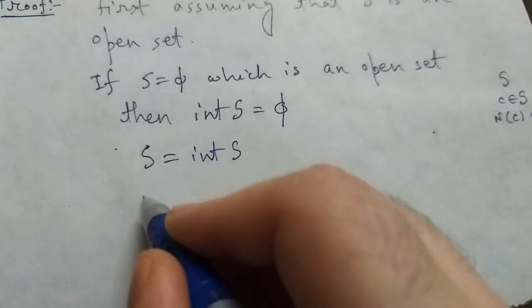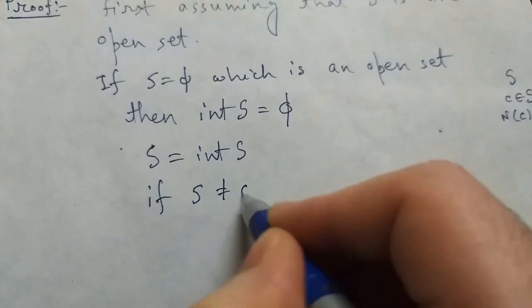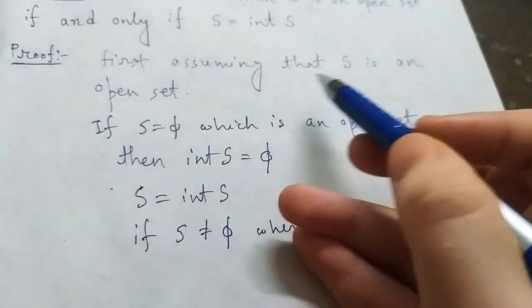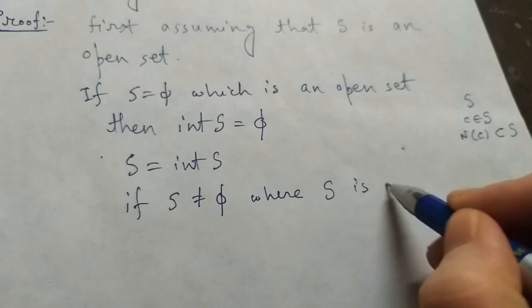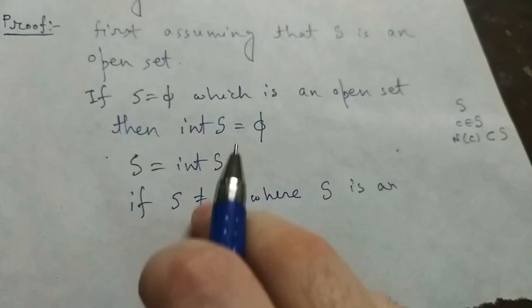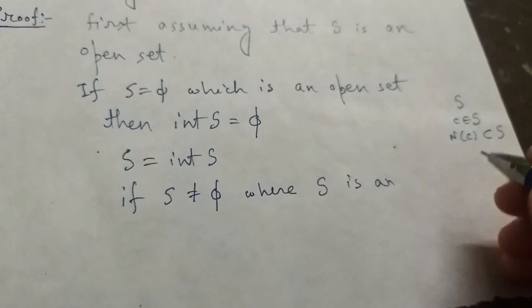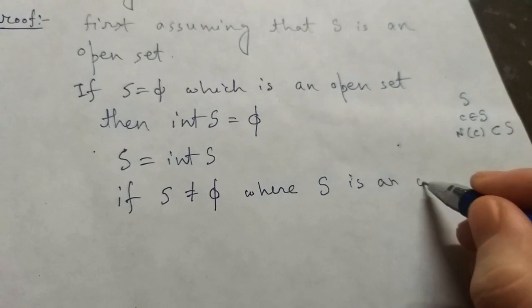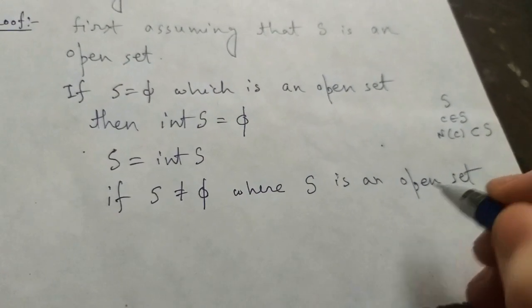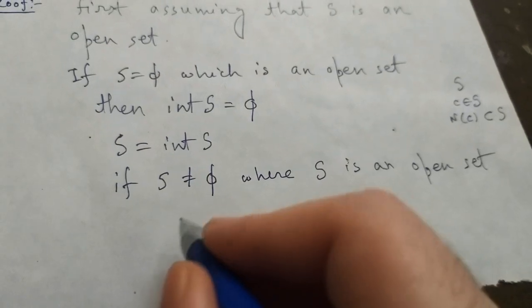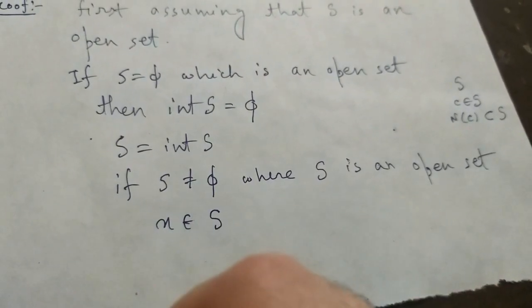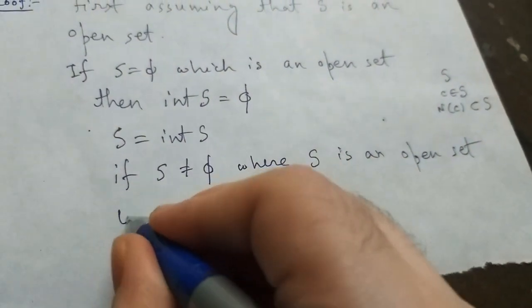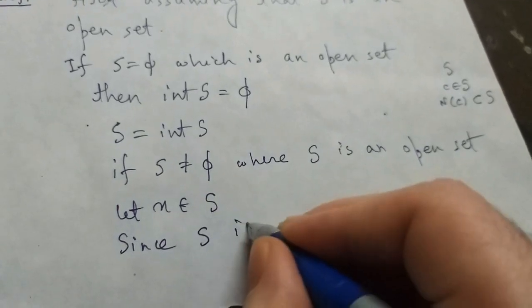Now if S not equals to ∅, where S is an open set, because we assume that S is an open set. इसका अंदर 2 केस है, S equals to ∅, S not equals to ∅. We have to prove S equals to int S, where S is an open set. Now since S not equals to ∅, let X belongs to S. And since S is an open set,